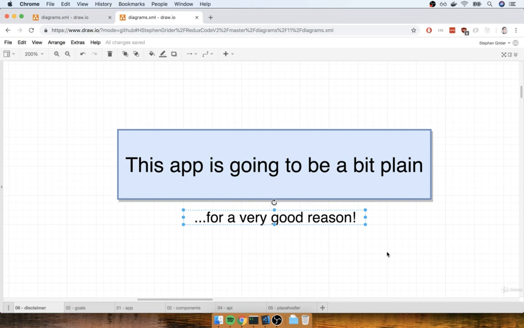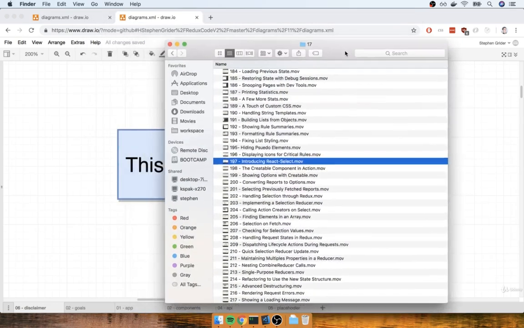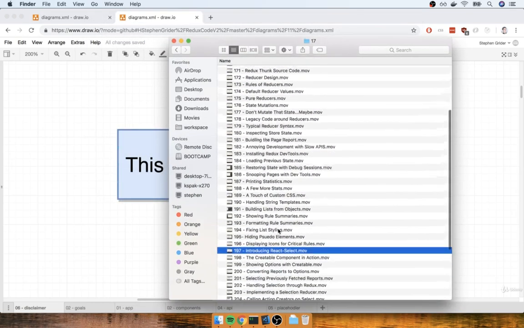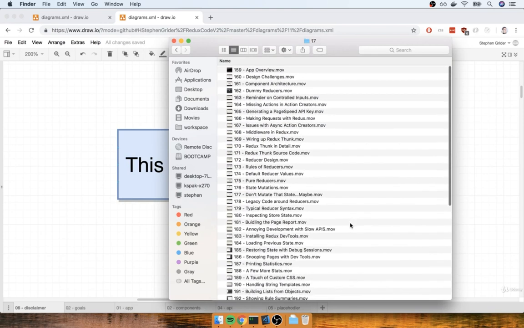I'll be completely honest with you, I actually already recorded this video and the next about 70 or so building a completely different application. So I already recorded one version of this application, and the app was really complicated. And I can even show you proof. Here's all the videos from the initial version of this app that I put together. And the app that it showed was really complicated. And at the end of the day, even though the app was more interesting, it ended up being really, really challenging to understand what is going on.